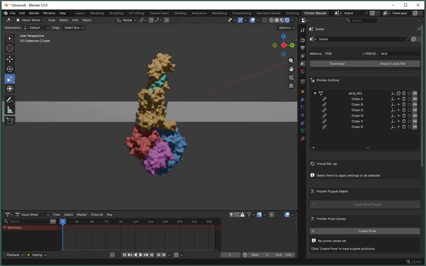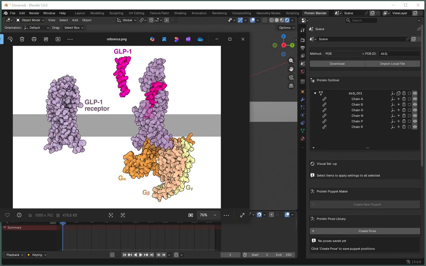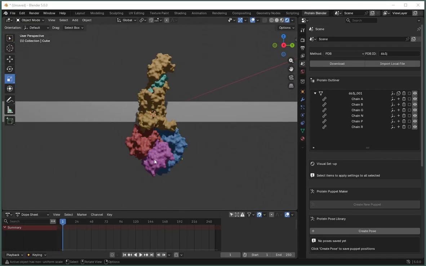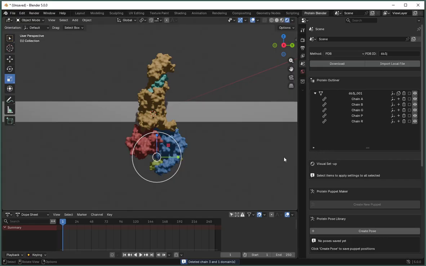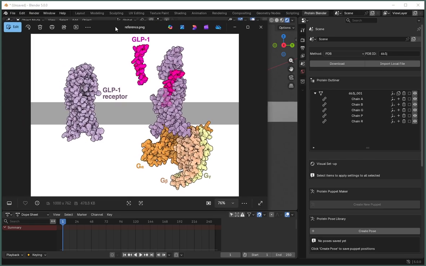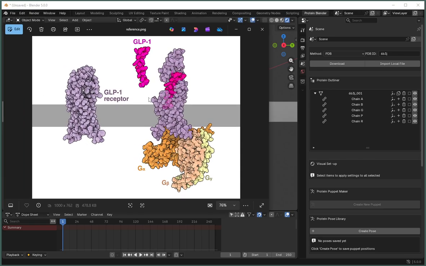One thing about this structure, if you compare it to our reference, is that there's an additional protein here that we don't need, this pink guy. This is actually chain N, so I want to select it and press on the trash can to delete it. So that's gone now. And now the next thing we want to do is animate the pose of the GLP-1